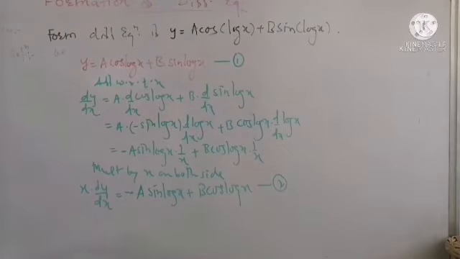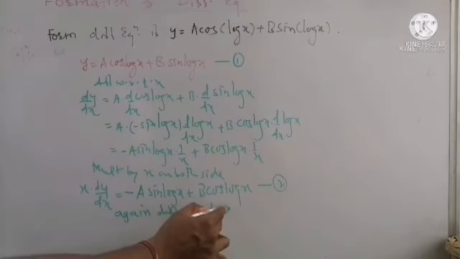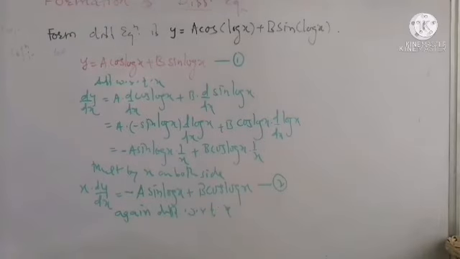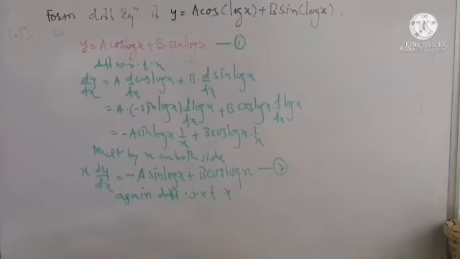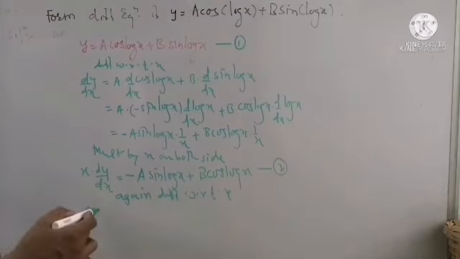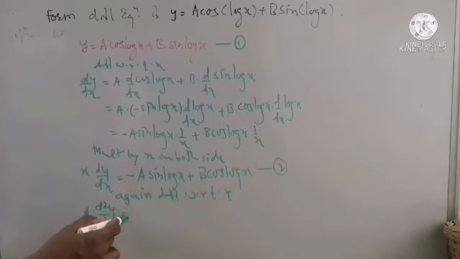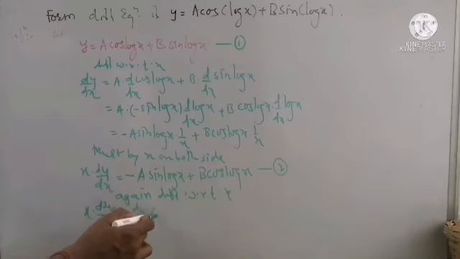I take this as number 2. As we have to form a differential equation of second order, we have to take the derivative again with respect to x of this first order derivative. Again differentiating with respect to x, we get the second order derivative. On the left hand side there is a product, so by the product rule we take x as a constant multiplied by the derivative of the second term, dy by dx, which has derivative d square y by dx square, plus now dy by dx as a constant, as the derivative of the first term x is 1.